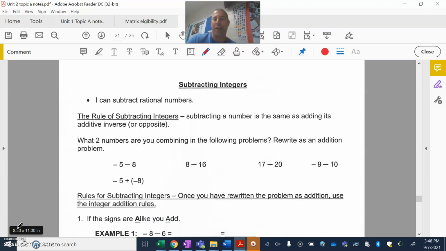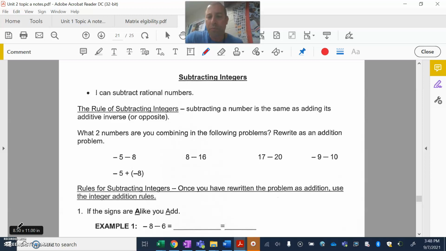Here we are, subtracting integers. Okay, so we've been talking about addition, and we've been talking about, hey, same signs, we're going to add and keep the sign. Different signs, we're going to subtract, keep the sign of what we have more of. In other words, the larger absolute value. Well, it's the same rules for subtraction, except what we've got to keep in mind is what that subtraction